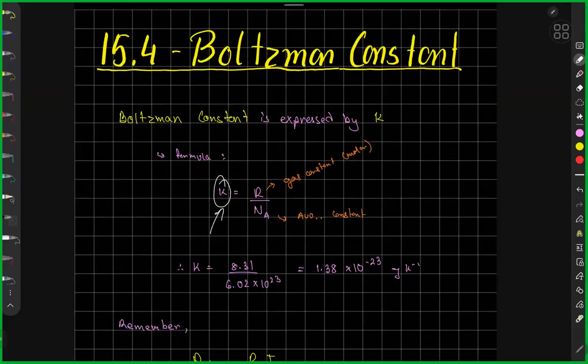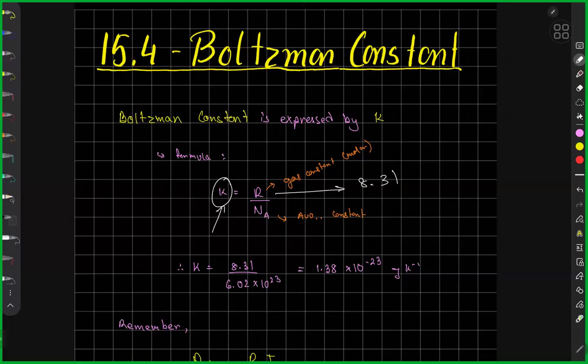The Boltzmann constant is simply R divided by the number of atoms in 1 mole, that is Avogadro's constant. So R is the gas constant, a constant that was experimentally found out. I showed you guys above how. And NA is Avogadro's constant, the number of atoms in 1 mole. So we define the Boltzmann constant as